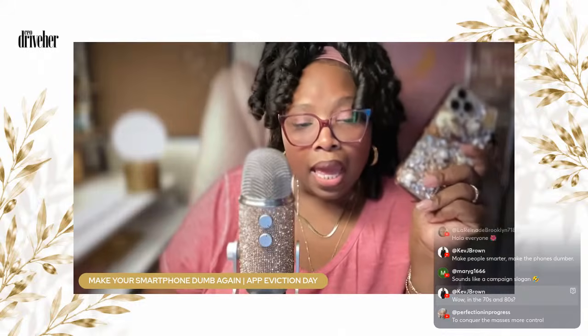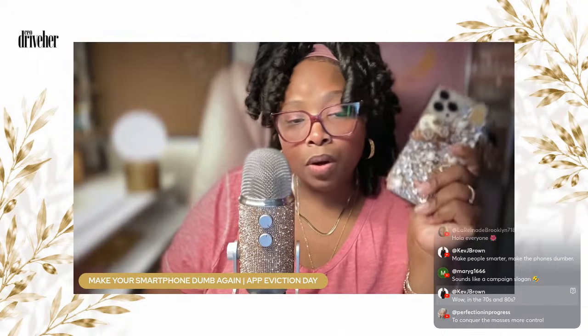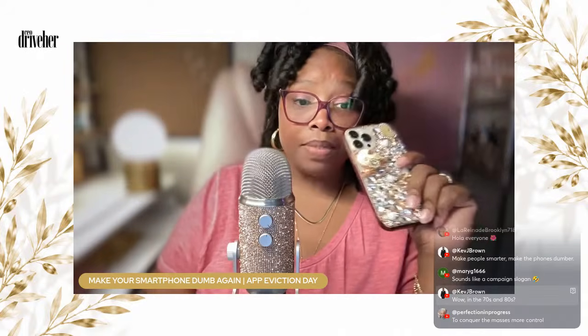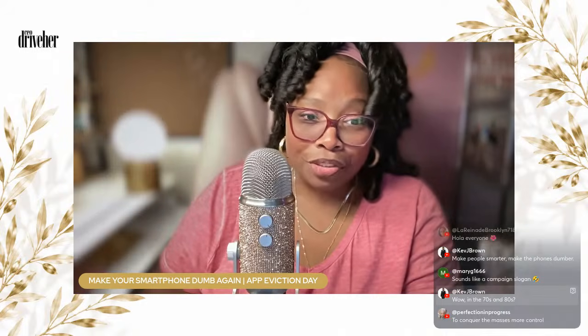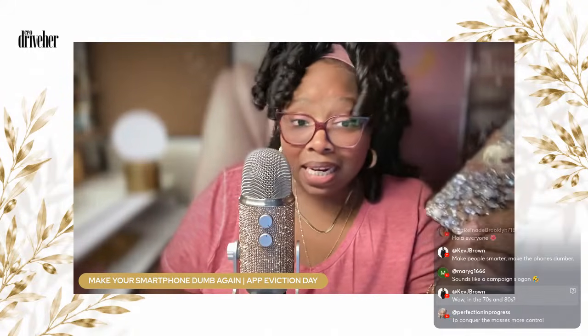Because this little object is supposed to be smart. Smartphone, smart device, smart assistant, smart everything. But the smarter this phone got, the more jobs I handed it. And I'm just going to speak about me. We ain't even going to talk about you. I handed it my banking. I handed it my shopping. I handed it my calendar, my camera, my entertainment. I handed it my maps.